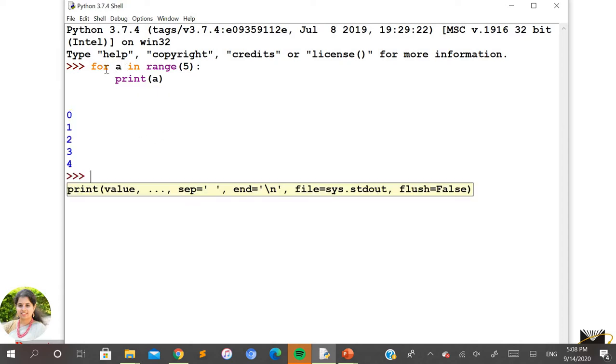So you can see here neither have I incremented the iteration variable nor have I told where to end the iteration here. Starting with 0, it will proceed till 4. That is one value less than whatever parameter you are passing in this range function. So in order to use the for loop in Python, make sure that in is a mandatory keyword that is required here, and range, and one iteration variable here. The iteration variable can be any character or a variable name here, and you will not have to increase or decrease any iteration variable here.